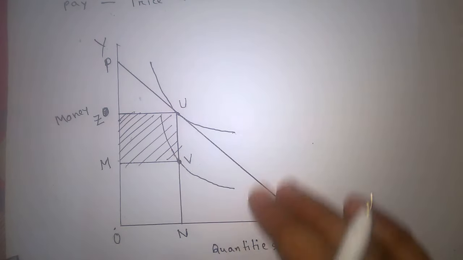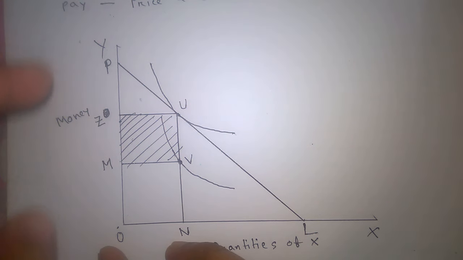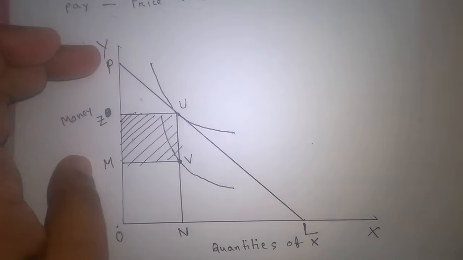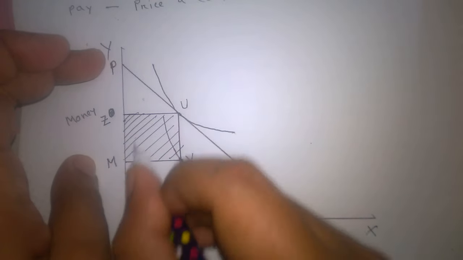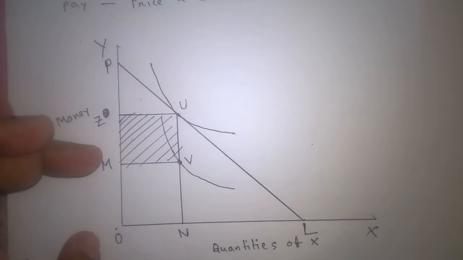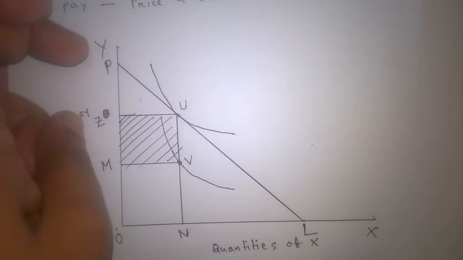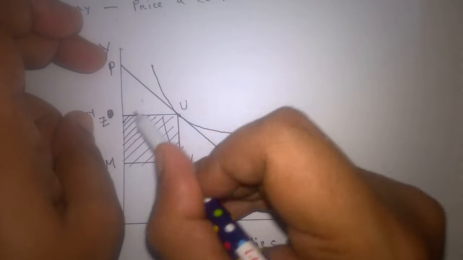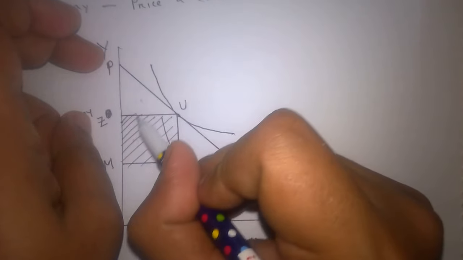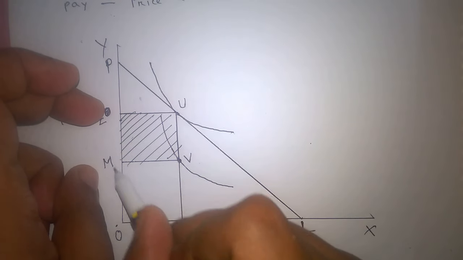Again, I am going to discuss this. ON is the unit of product you are going to purchase. So you thought that the money you will need to pay is PM. This is the money you wanted to pay for the product, and you could save only OM amount of money. But then you come to know that the product's price is less than you thought. So it costs only PZ amount of money. It is the price you are actually paying. So now you have extra ZM amount of money in your pocket.